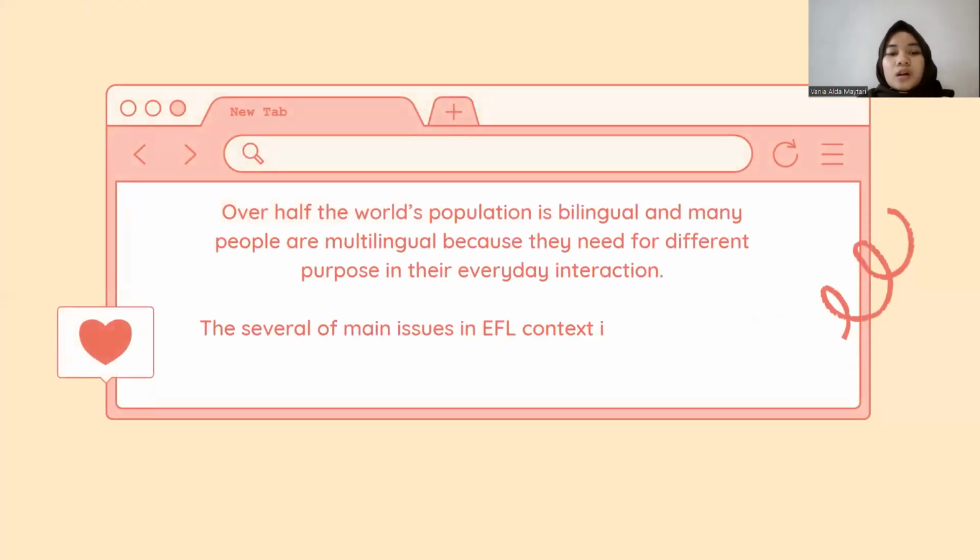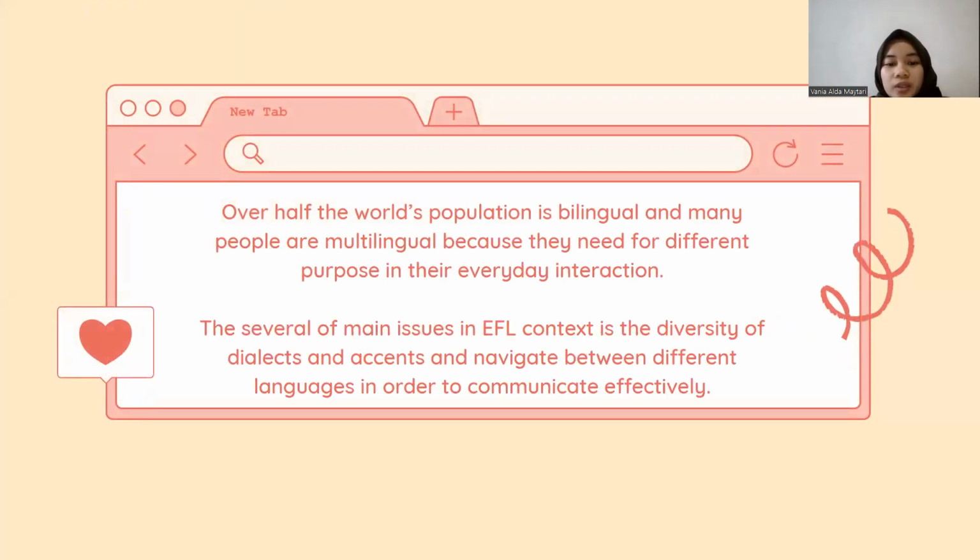Over half the world population is bilingual, and many people are multilingual because they need different languages for different purposes in their everyday interaction. For example, Indonesian people learn English for education or for communication with people when visiting another country. Because English is an international language, we assume that all countries can speak English. A learner may encounter different varieties of English as well as other languages, which can create a range of